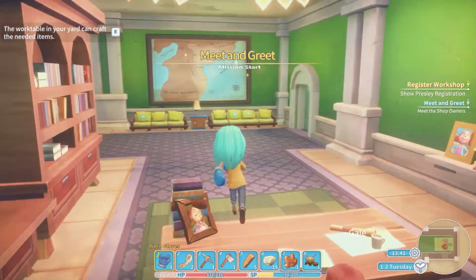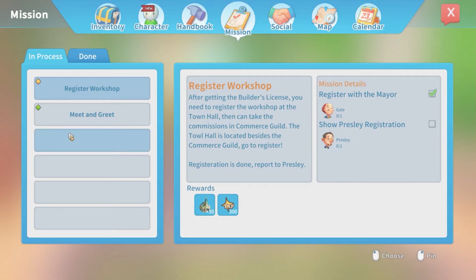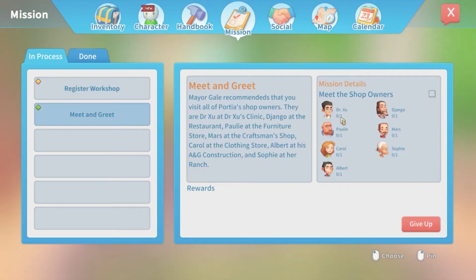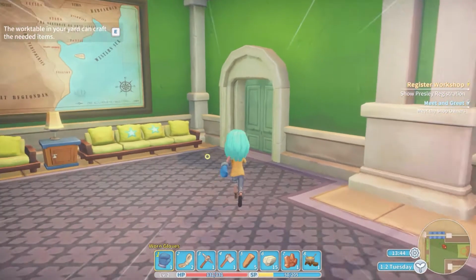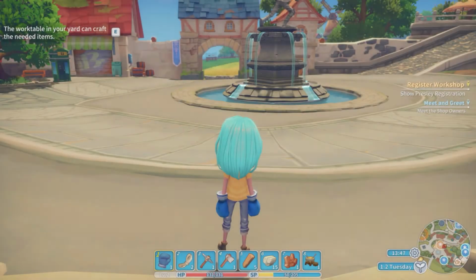Okay. Now we've got another quest. So let's check out our quests so far. We just have to go talk to Presley, and then we need to meet Dr. Zoo, Polly, Carol, Albert, Django, Mars, and Sophie. Got it. We can do that. We might not get them all today, but...